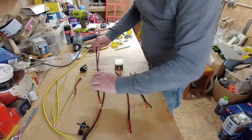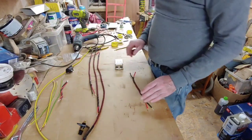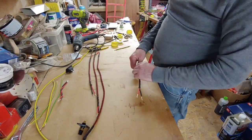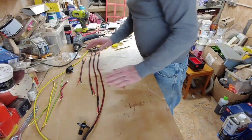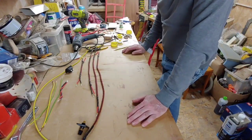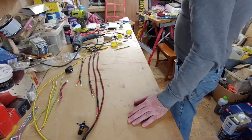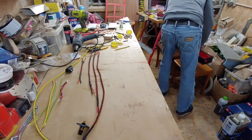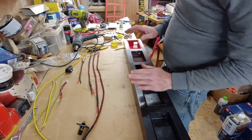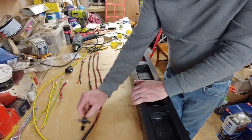Now you may have your own ideas about this, but this is the way I'm doing it, because I used to do it like this before when I ran my audio business. I made several mains conditioning hubs then, and this was the way I did it, because I like to isolate each separate plug socket as opposed to them all being connected. So all we've got to do now is get our mains hub back up on here, and we can start wiring stuff up. But before I do that, what I want to do is solder